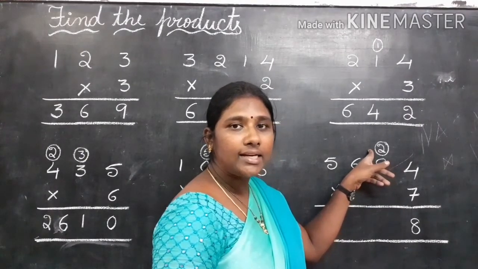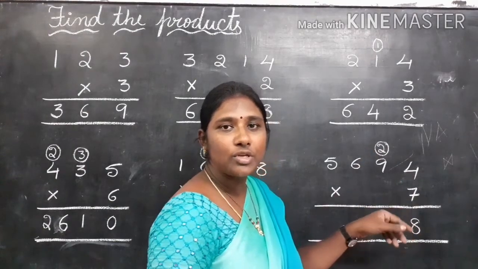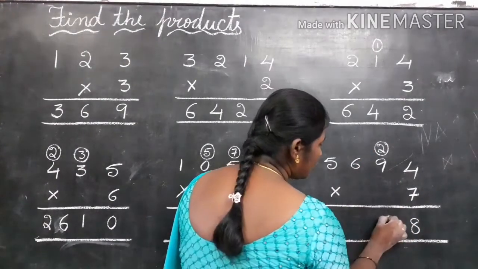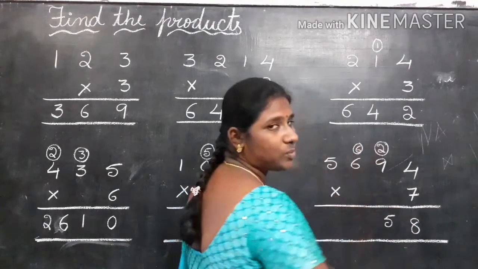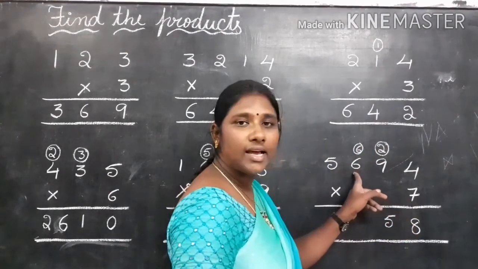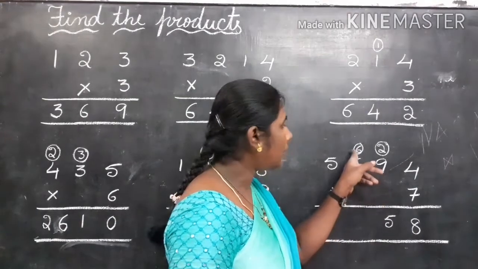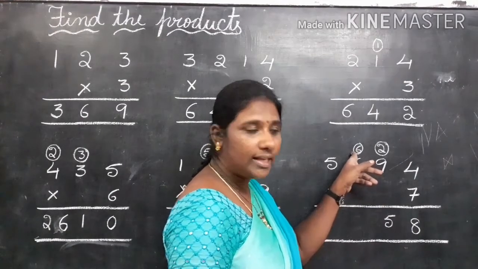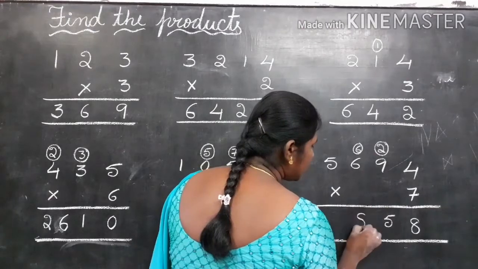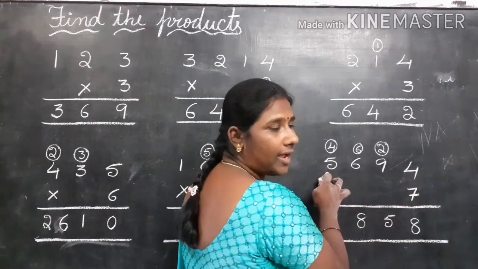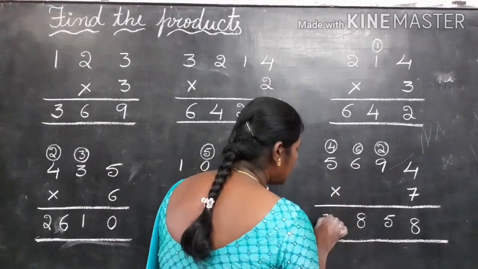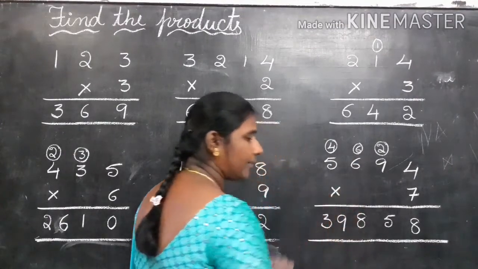65. In that, where should we write the 5? Yes, we should write 5 here, and the 6 we should write up above the 600s place. 7 6s are 42. 42 plus 6 is 48. Same here: 8 here, 4 here. 7 5s are 35. 35 plus 4 is 39.